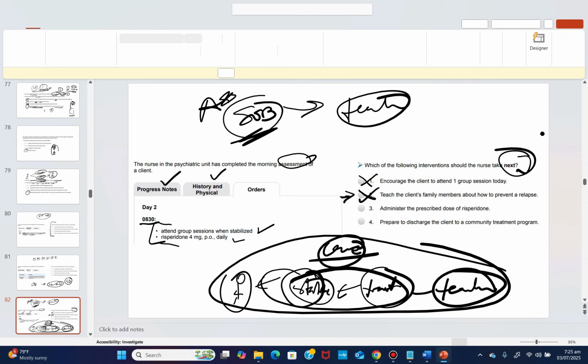If you start working as a nurse, you need to carry every order that the doctor has provided. So I feel like what I'm looking for is treatment, because the doctor said they must attend their session when they are stabilized. So in order to make them attend their session when they are stabilized, I need to do a specific treatment. The only treatment in the order is this treatment right here, and this is related to it. So I feel like this will be my possible answer. Well, I've not read number 4, so I don't need to feel so excited and select the answer. Now look at number 4.